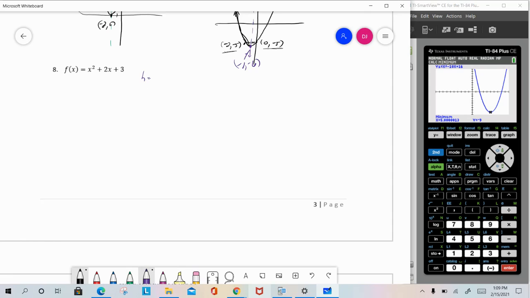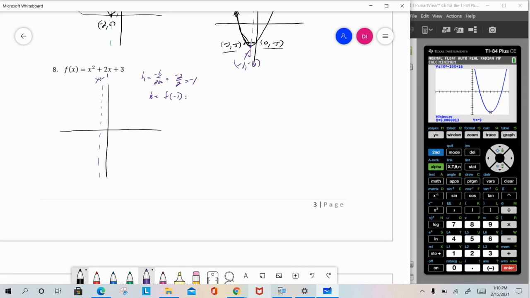I'm going to find my h value by doing the opposite of b over 2a. That's -2 over 2, which is again -1. A lot of these parabolas just happen to have an axis of symmetry of x equals -1. Now to find k,